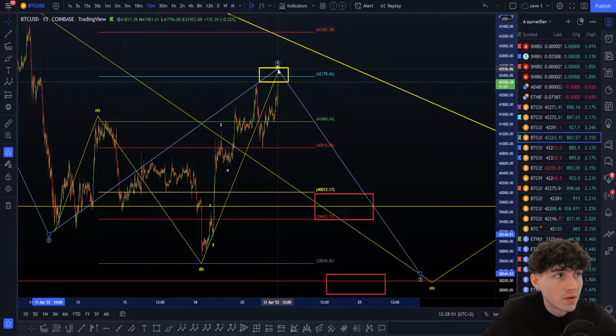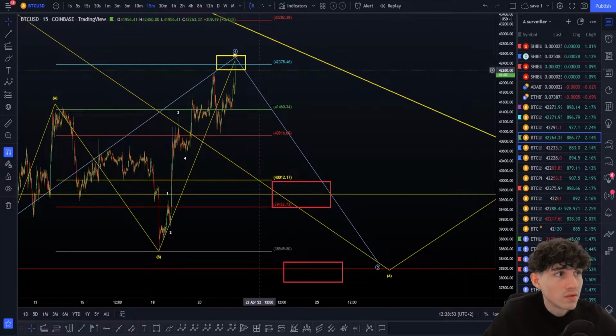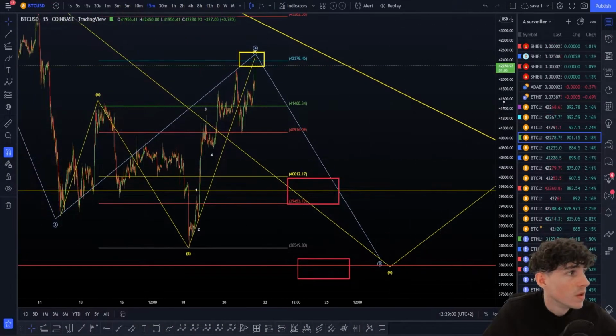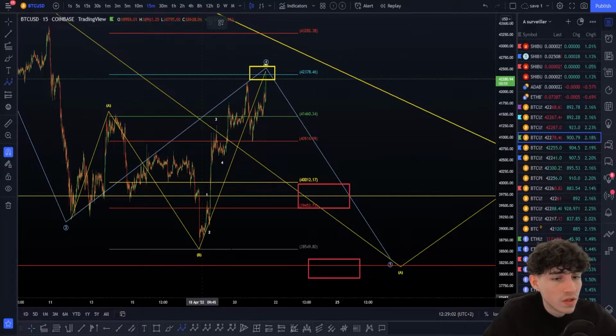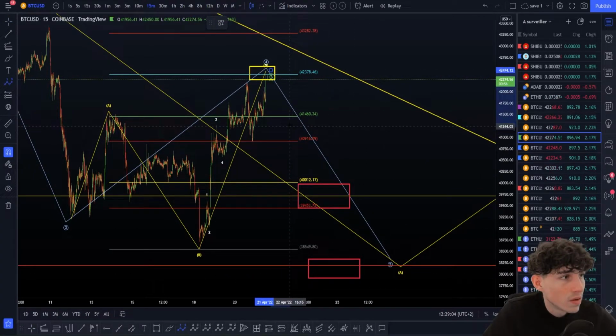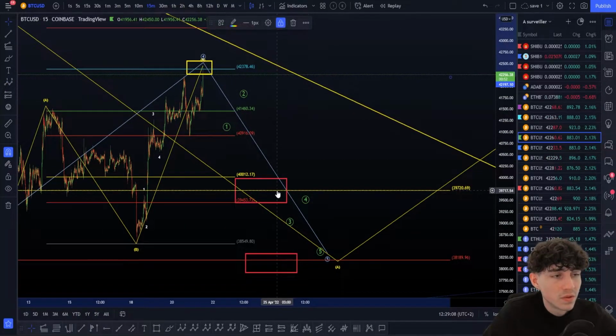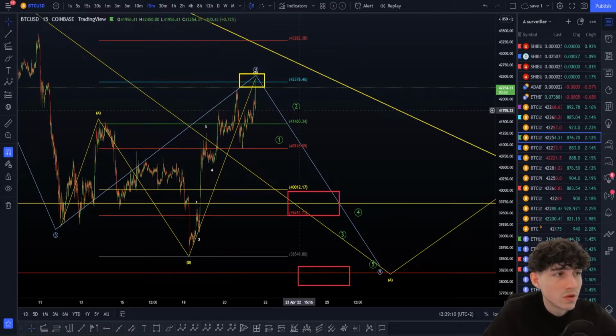In case we are done with all of these waves, as I said, we have to get 5 waves down. By the way, I don't know which chart I was on, but I was not on this one before. Anyway, now we have to get these 5 waves like this to the downside. I'm going to update the wave 5 targets, and I was also talking about the smaller wave.